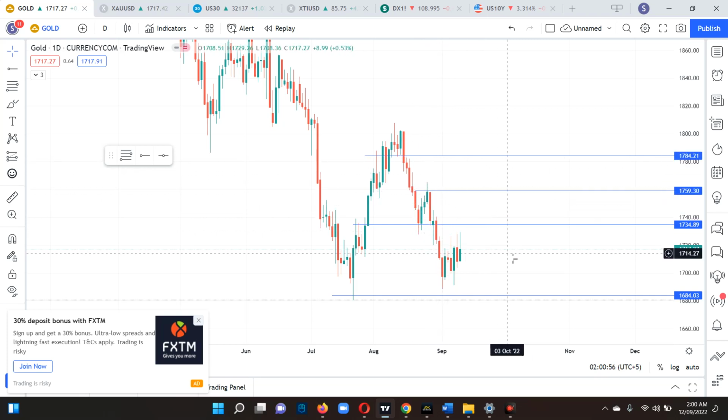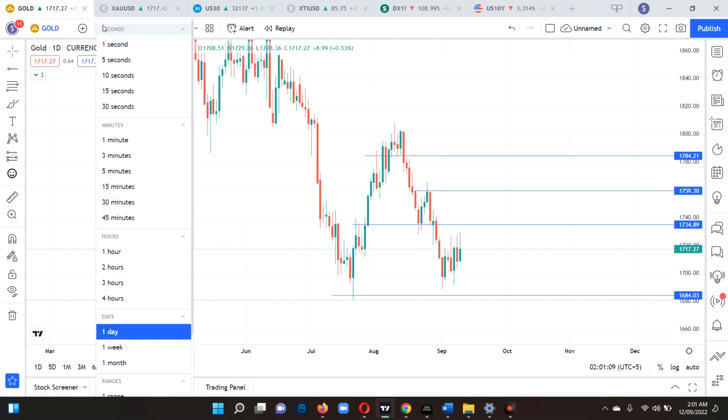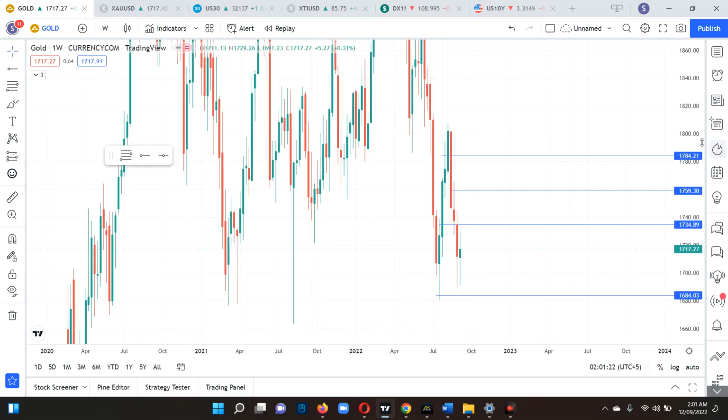For me, if gold tries to break where the market is right now, first of all we will start our analysis on the higher time frame charts, and from the higher time frame charts we will move towards the lower time frame charts. This week will be very volatile for gold, GBPUSD and oil, and it will also affect US 30 American stocks. So you have to take care of yourselves and your trades.